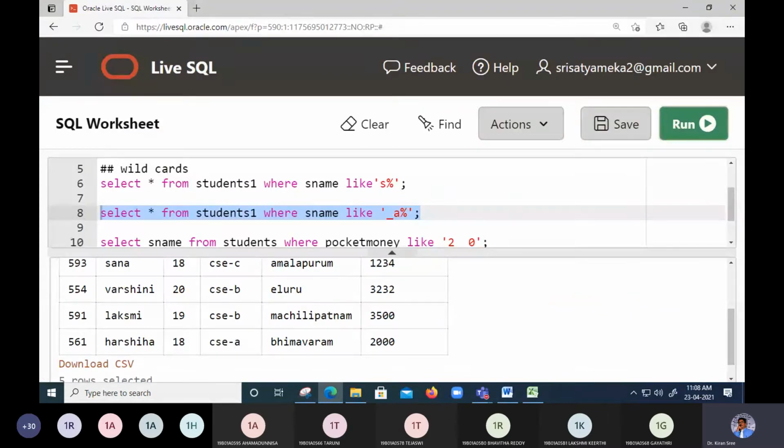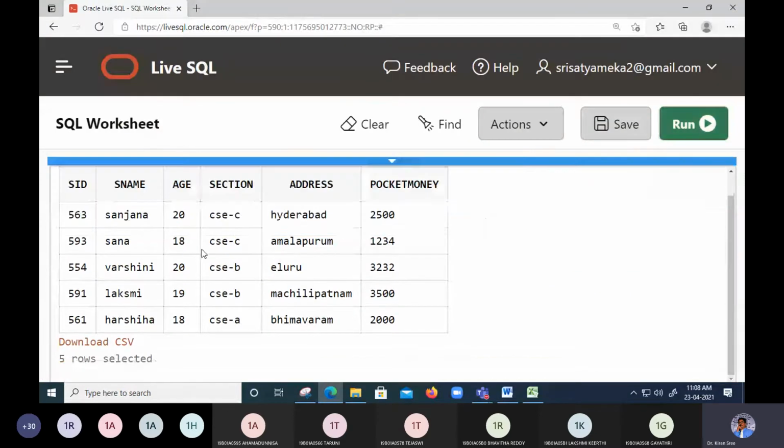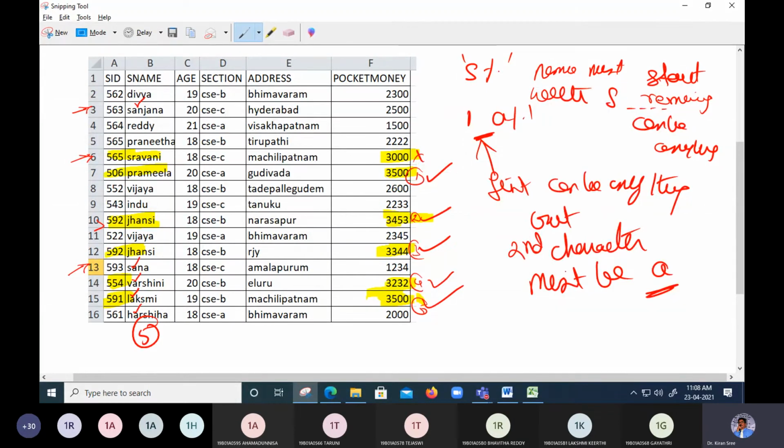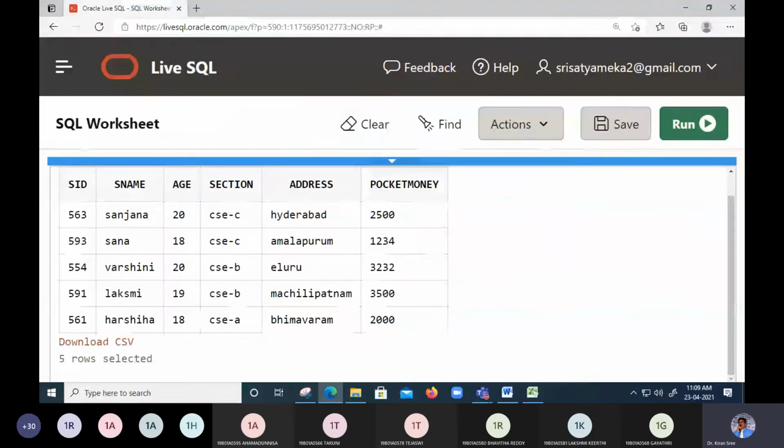So how can we see whether all the 5 records are there or not? S, A, V, A, L, A, H, A. So the first character can be anything, but the second character must be only A. In such a case, how we type the query is, we put single quotes: first is dash, second should be A, and third should be anything. So anything we put as a percentage symbol. That is how we get the relation.